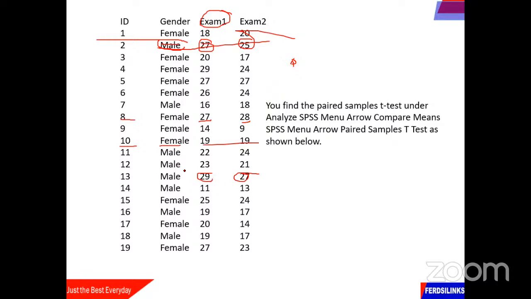And for the other person, 12 was a he. In the first, the person was 23, and there is a reduction by 2, but now has 21. Do you get that? So that is the principle of dependent sample that you have to